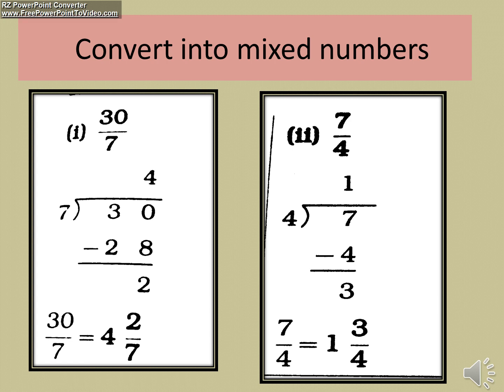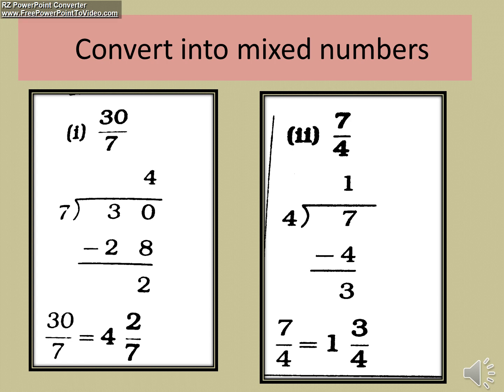Then your second sum is 7 upon 4. 7 upon 4 means what? 7 divided by 4. 4 ones are 4, 4 twos are 8. So it will go by 1 only. 1 will become your quotient. 7 minus 4 will be what? It will be 3. Yes or no? Now what is our formula? R.